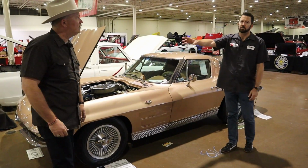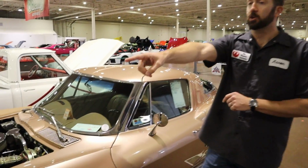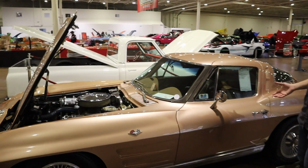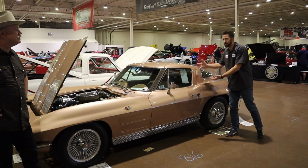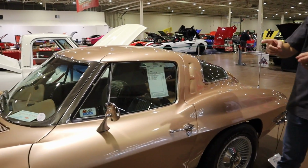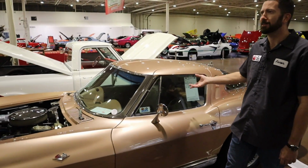Right. So that's a Survivor. This one's a restoration. It has been gone through. He's got a book there with all the pictures of it, and it looks fantastic. He's done a great job of it, and it does look like it rolled off the showroom floor. He too has the window sticker, but it feels like that one has traveled more miles than this one has. Well, certainly. Well, literally has traveled more miles, but the window sticker. So